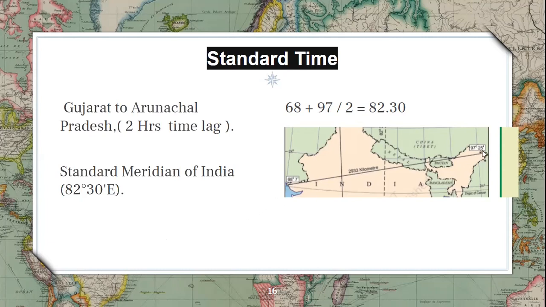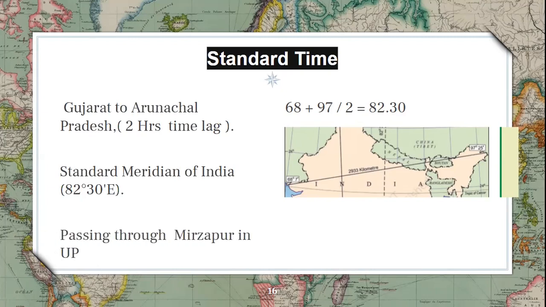When we look at these 2 longitude lines, starting from 68.72 here and 97.25, these are the 2 extents of longitude lines. If you take the center, adding these 2 lines, 68 plus 97 divided by 2, you will be getting 82.5. That is why we are considering 82 as a center. Then there will not be issues for the Arunachal Pradesh region or Gujarat region. So we are taking the center part, that is 82.3 degree east.